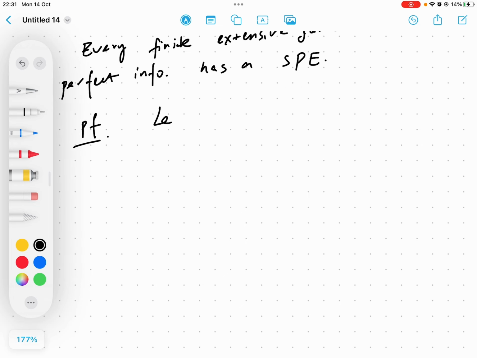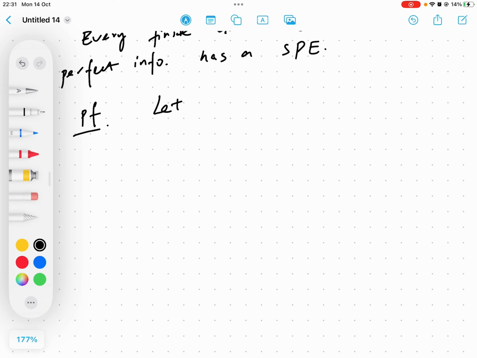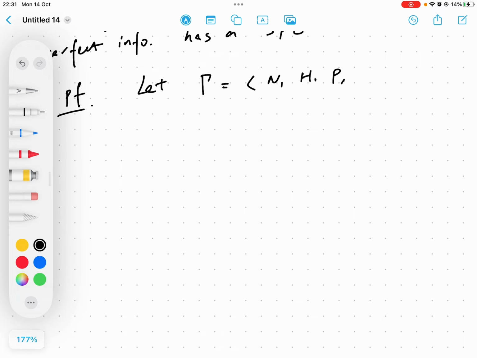The proof. So you could refer to the textbook if you have some confusion in any part of the proof, right? Okay, so let gamma be still the finite extensive game with perfect information. So the players, histories, and the player to move at some history, right? Remember from the previous episodes, and the preference relation. Okay, so this is a finite extensive game with perfect information. So we just skip that. Okay, and then we construct an SPE